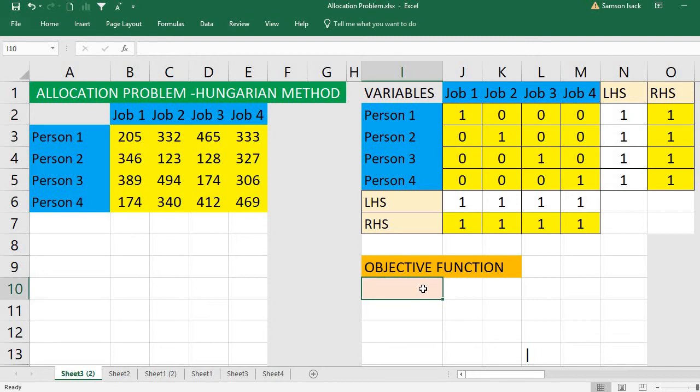Now the objective function. The objective function is nothing but